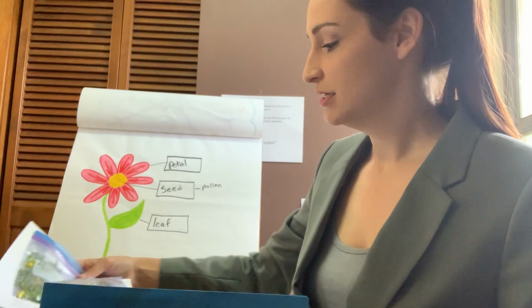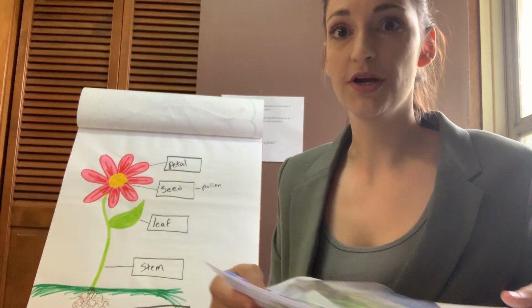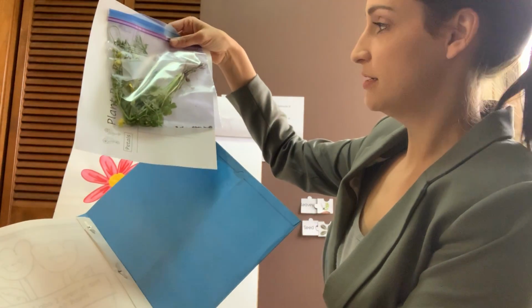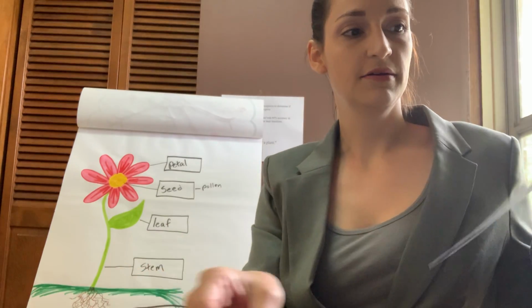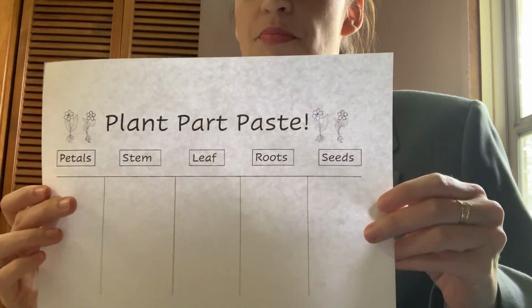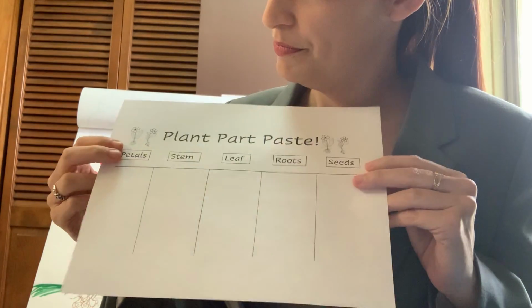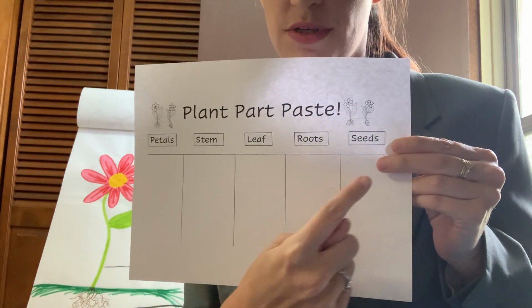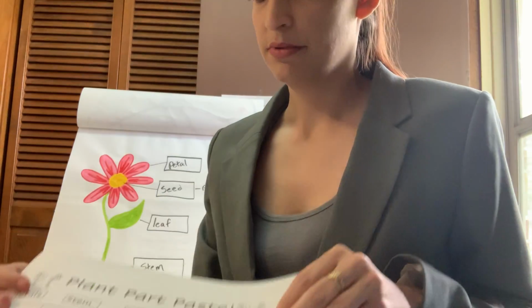Now, boys and girls, I need you to settle back at your seats, and in the back part of your journal, open it up, and there's a Ziploc bag and this plant parts paste sheet. So I have a column for petals, for stems, for leaf, for roots, and for seeds. And what I want you to do,